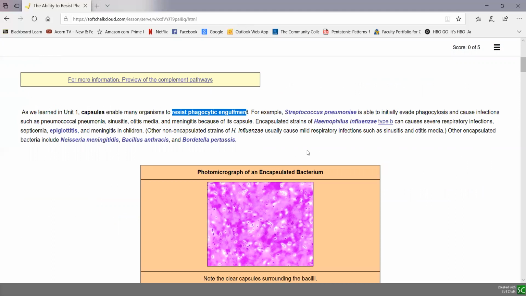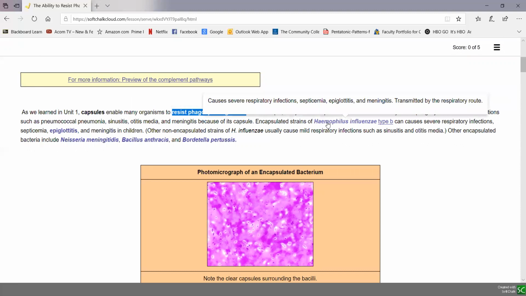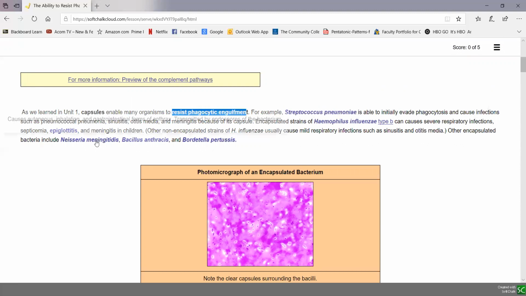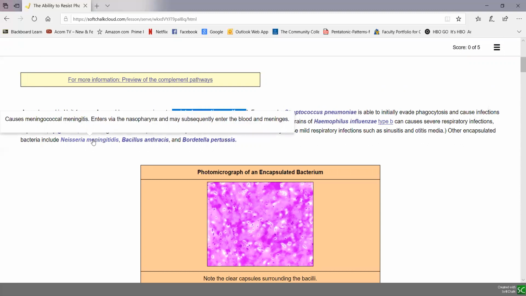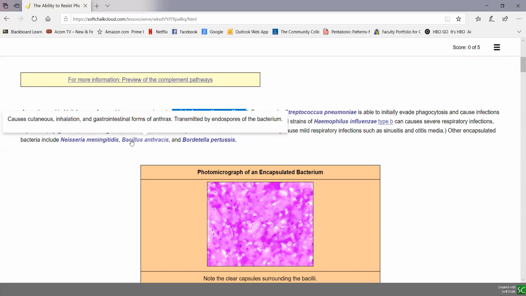Some classic ones are the pneumococcus, Streptococcus pneumoniae, a common cause of sinusitis, ear infection, lobar pneumonia, and meningitis. Haemophilus influenzae type B that causes a variety of respiratory infections. And bacteria like Neisseria meningitidis that causes meningococcal meningitis, the anthrax bacterium, Bacillus anthracis, the whooping cough bacterium, Bordetella pertussis,